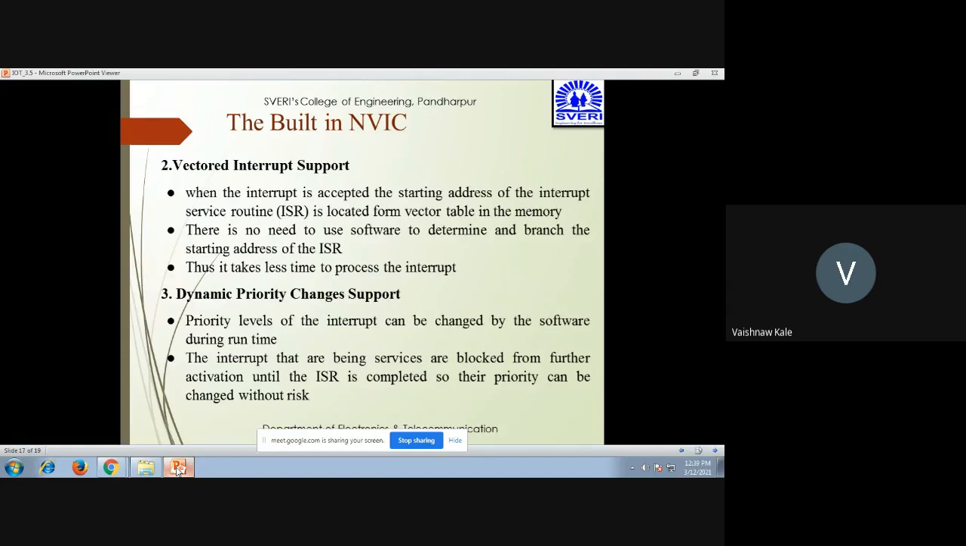The interrupts that are being serviced are blocked from further activation until the ISR is completed, so their priority can be changed without risk. So if we want to change any priority, interrupts that are being serviced are